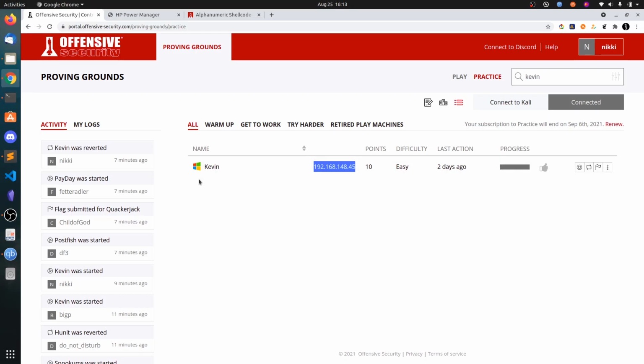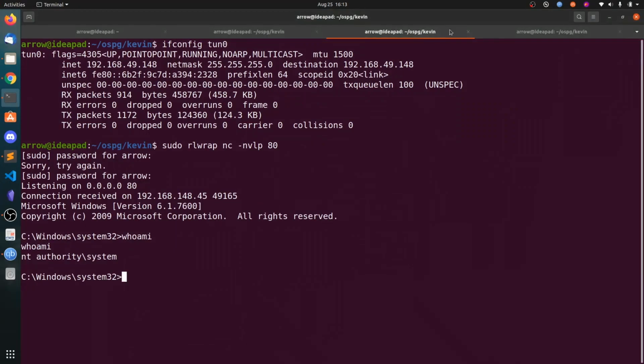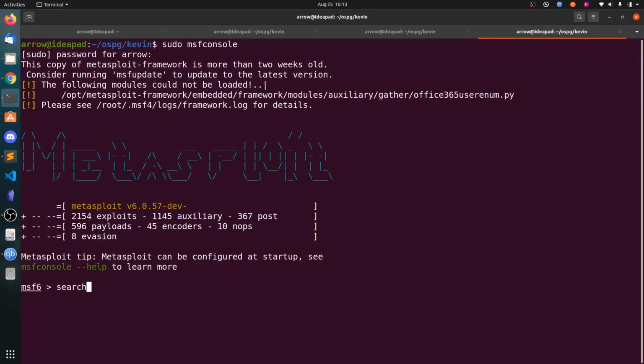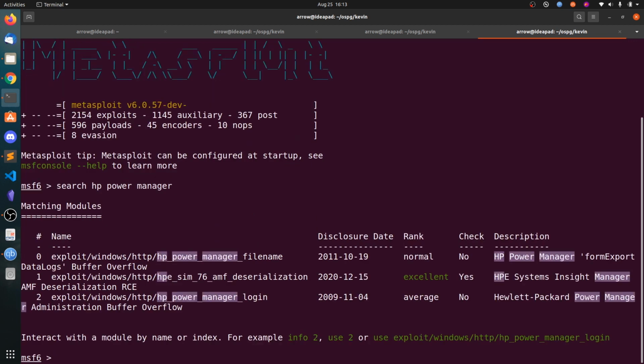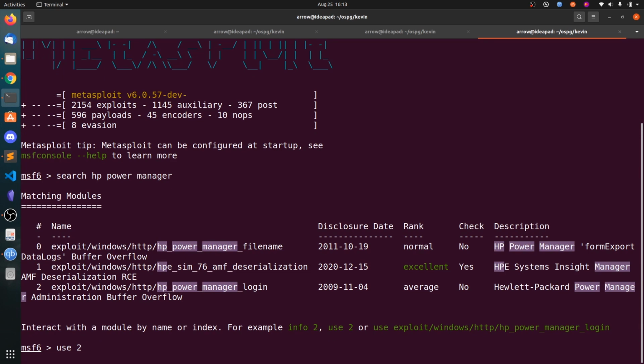Also, these 10 pointer boxes are very tempting to use Metasploit. They will give you a modified or easy version that is available in Metasploit, like EternalBlue, etc. So you can see, we can use this, use two.